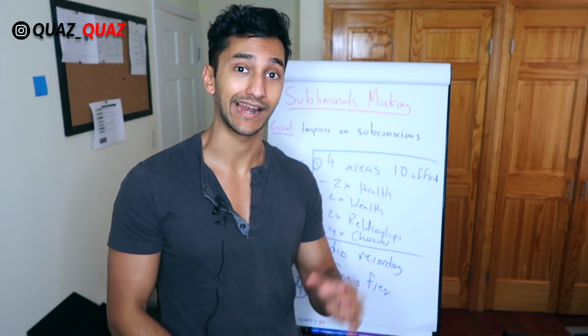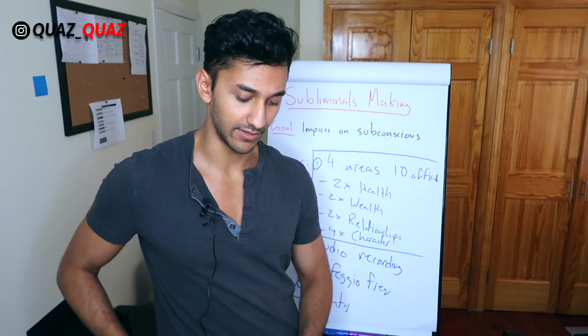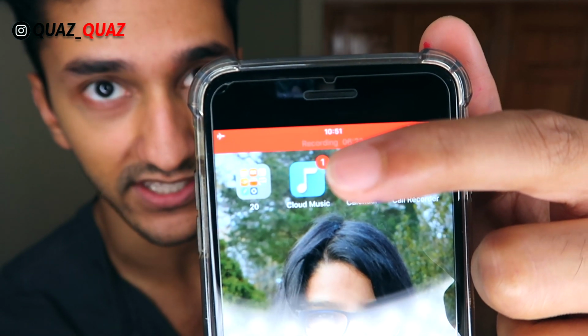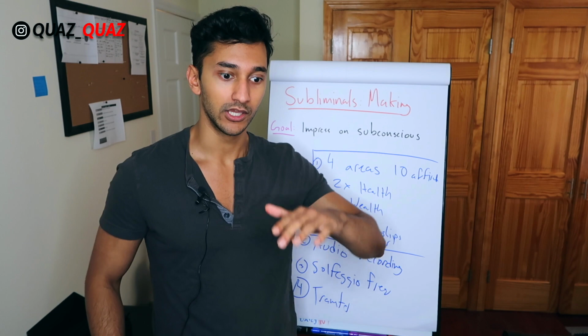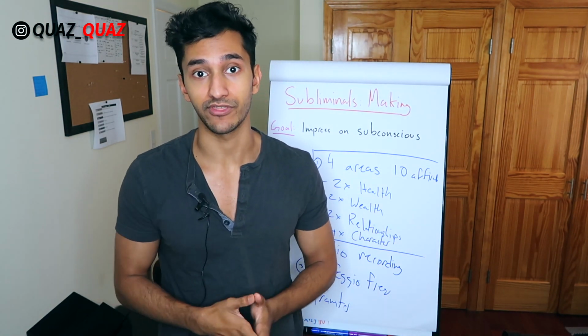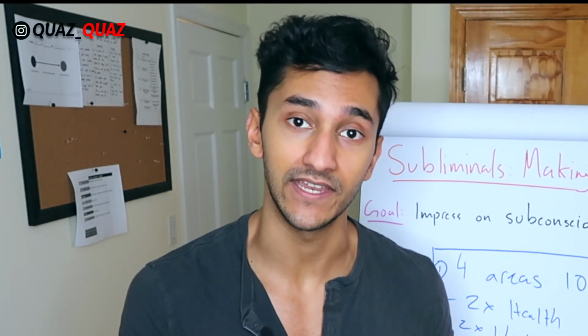So now to give you a general guideline of how you want to use this, there's an app on the App Store called Cloud Player or Cloud App. I don't know. It looks something like this. So you want to get this app, and it makes it really easy to transfer your audio recording to your phone. So once you've edited it and you've put it into an MP3, you want to transfer it to your phone. And before you fall asleep, you put a 15-minute timer on it.